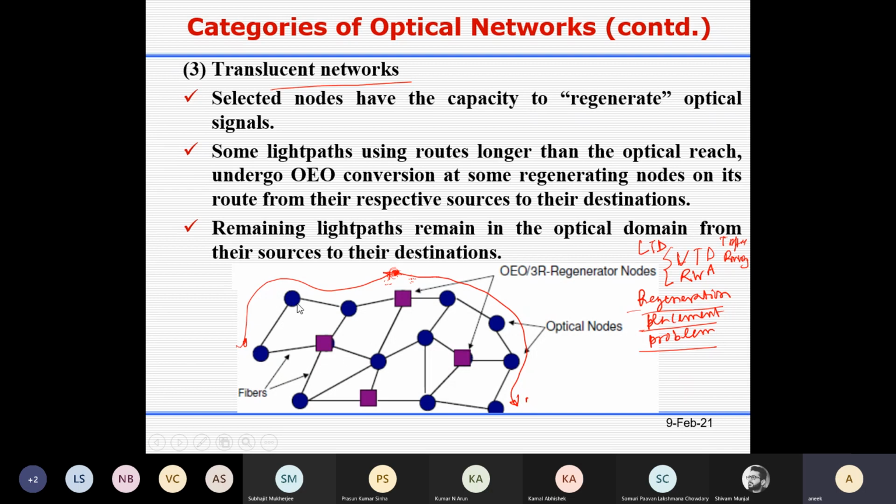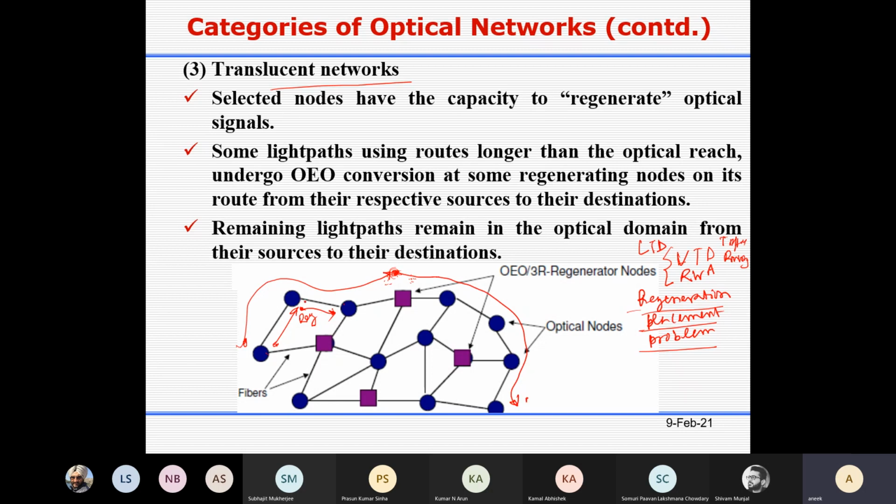Sometimes, suppose you have to set up a light path from here to here. You can set up a light path over here and then another light path over here. Or you can set up a light path from this source node to this destination node using a regenerator over here.